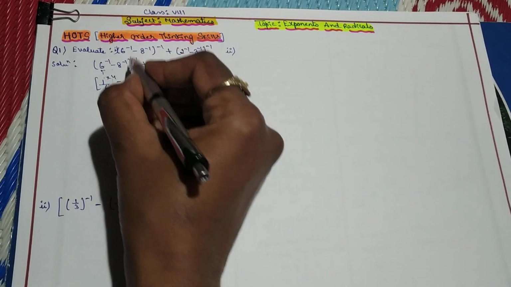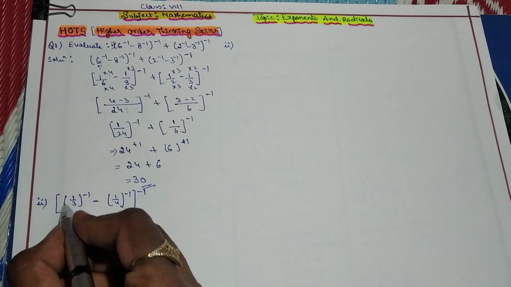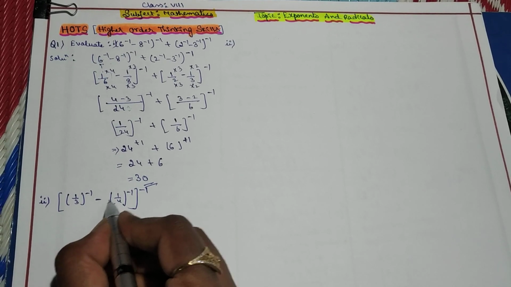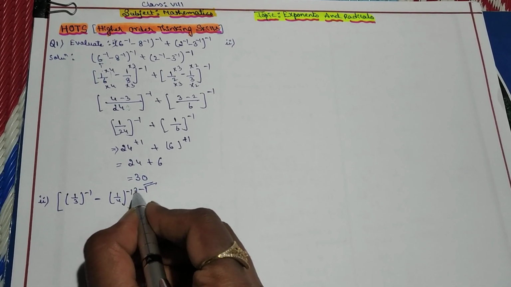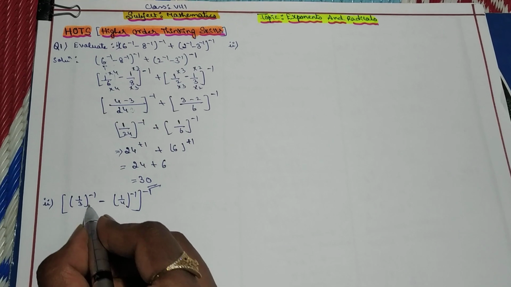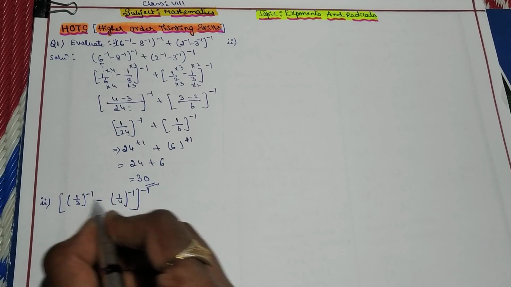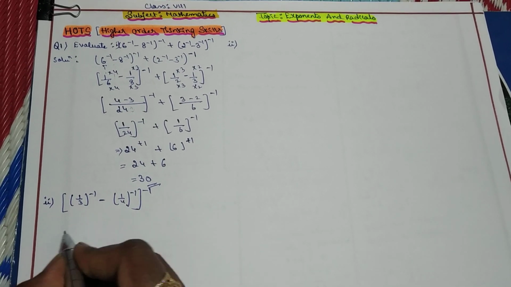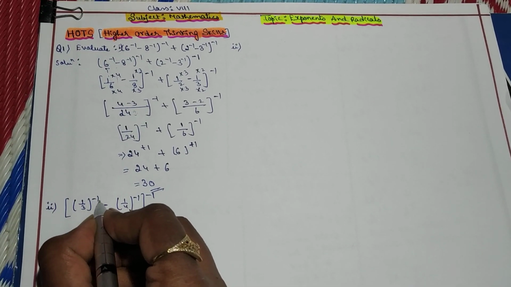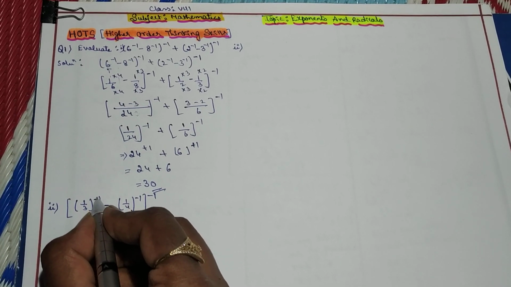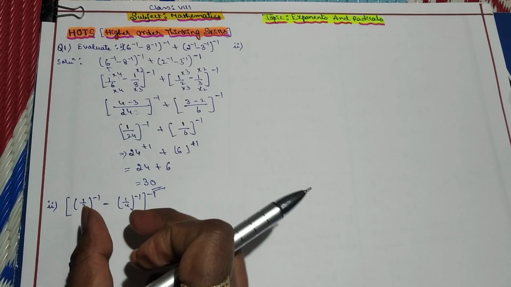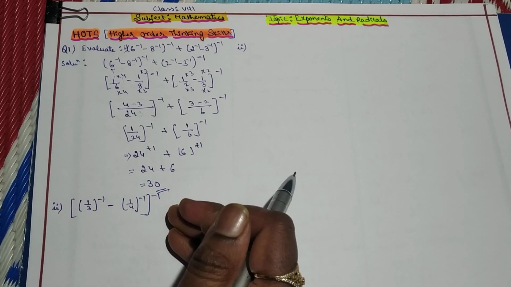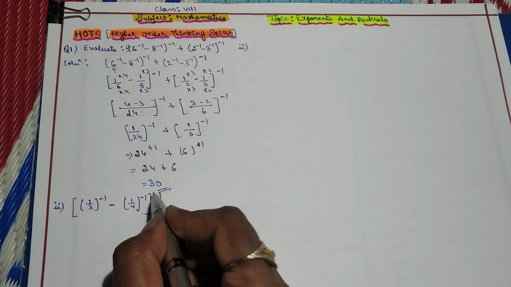Same kind of question, let me give one more to you, children. Here, (1 by 3 its power minus 1 minus 1 by 4 its power minus 1) whole to the power of minus 1 again. Here I cannot apply the law of exponent because of the minus operation between the two exponentials. Therefore I want the exponent to be positive, which means I need to take the reciprocal of the base. When such kind of questions are there, children, we need to remove the bracket from inner to outer. Then we need to remove the outer exponent.